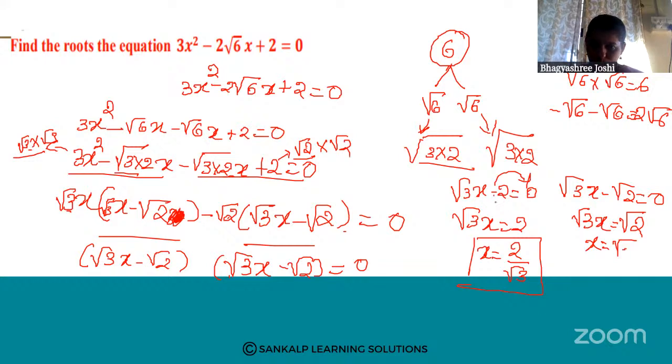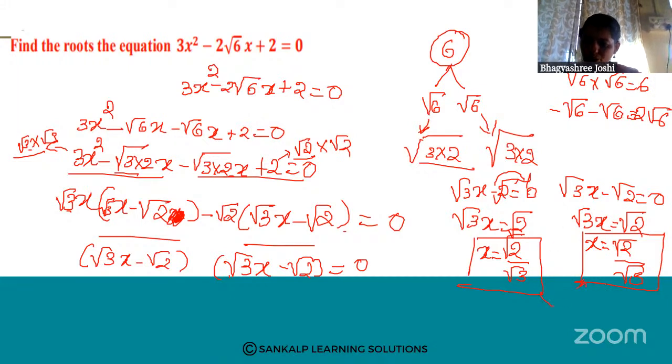So this is root 2, sorry. Okay, root 2 divided by root 3. This is another root. So the two roots are 2 divided by root 3 and root 2 divided by root 3. These two are the two roots of the quadratic equation, which is 3x square minus 2 root x plus 2 is equal to 0. Next,